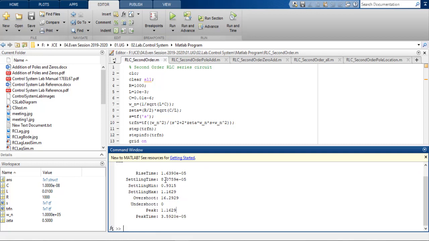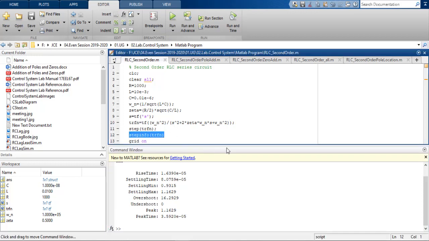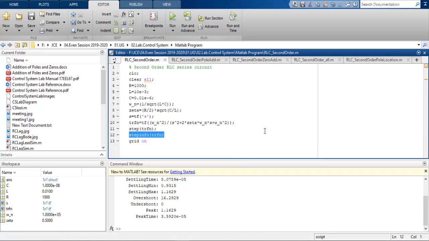It tells you the rise time, the settling time, the overshoot, everything by this step info function. So this is the end of the MATLAB program for the simple second order RLC circuit.